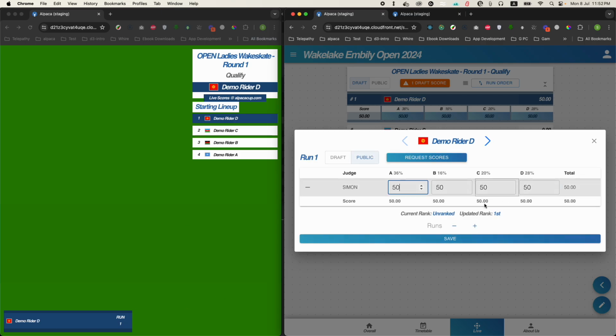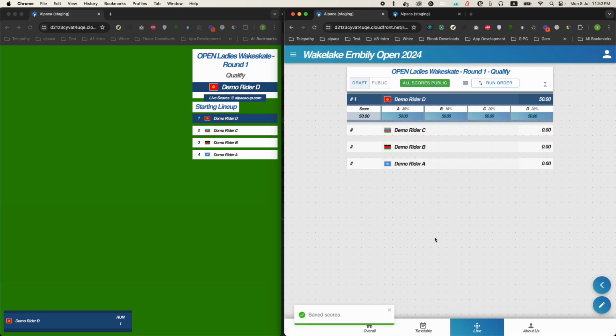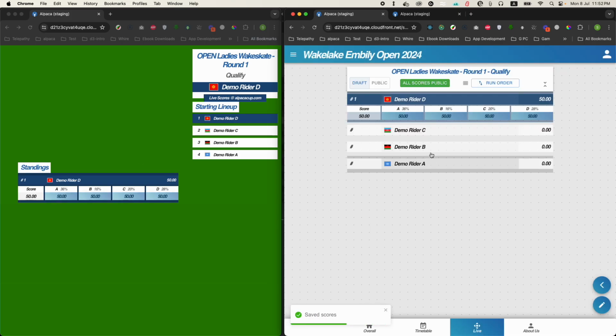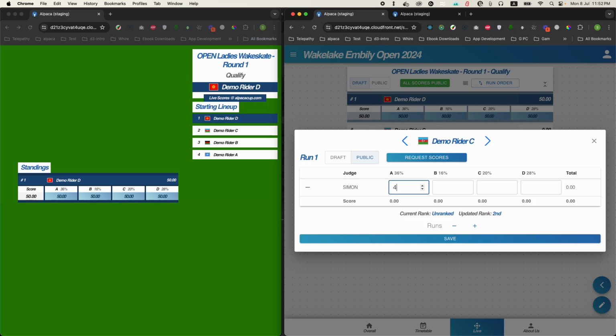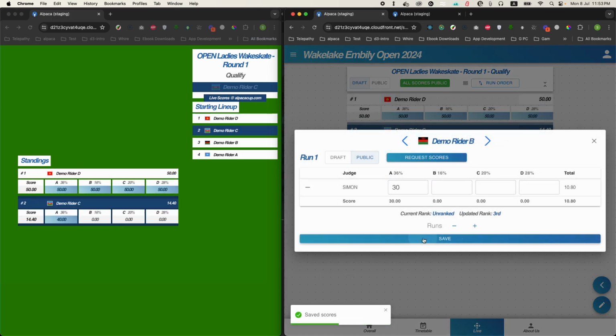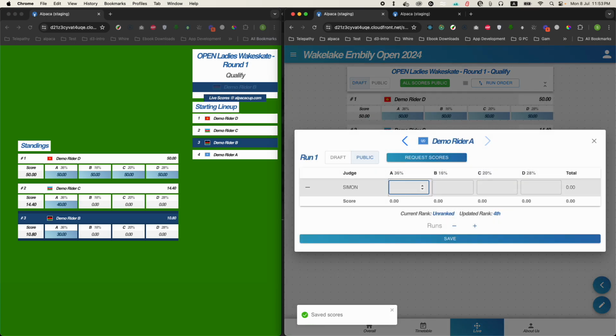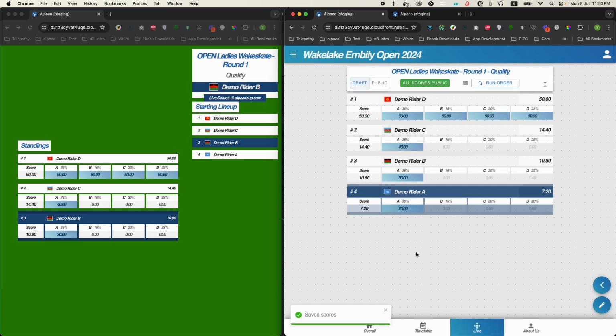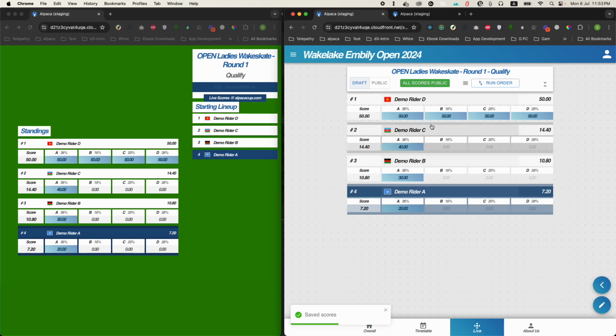When I derequest these scores and save it, it's going to go just like we had before. Okay, so let's quickly score. The run order here is not going to change between runs. So I'll score everyone else, 40, 30. Can't be bothered to do the mobile flow again. 20. Okay, cool. So you'll see that when I change this here, the run order is not going to change from when I finished the last one. It still says D, C, B, A. Okay, didn't change. Now if I go and end the heat,